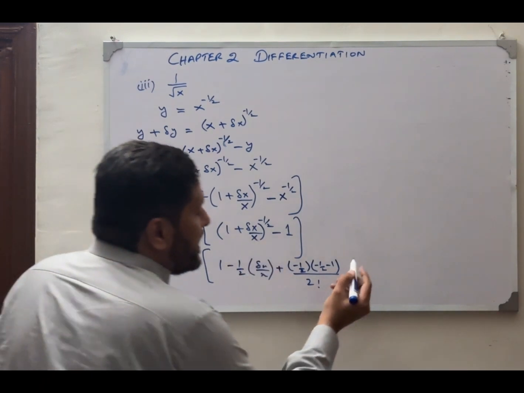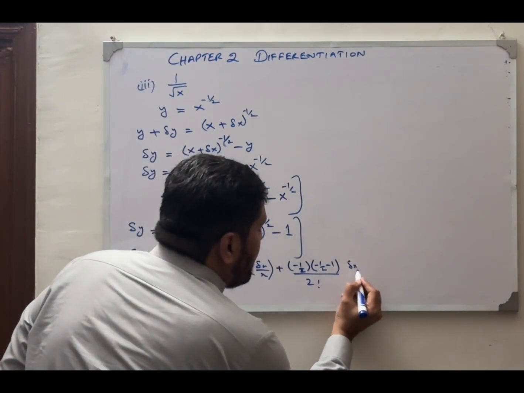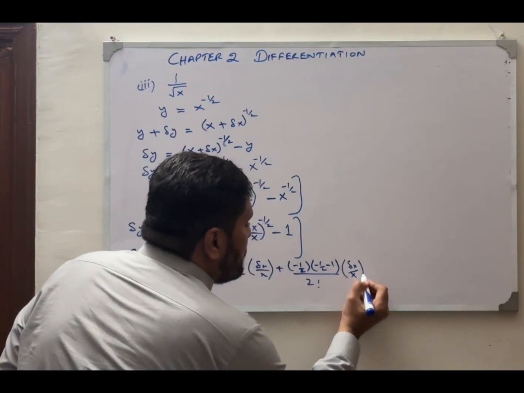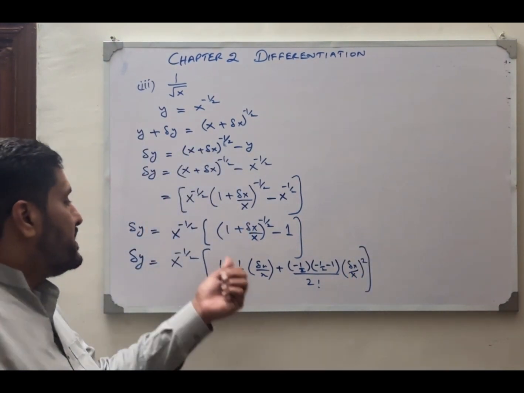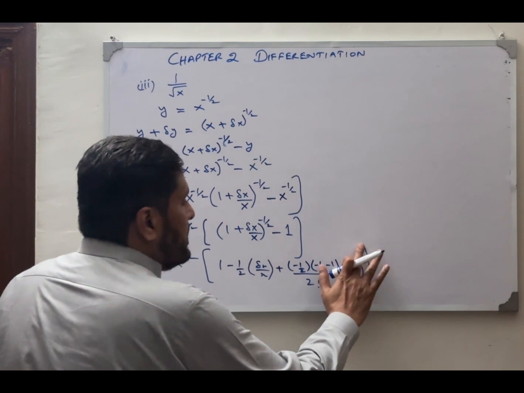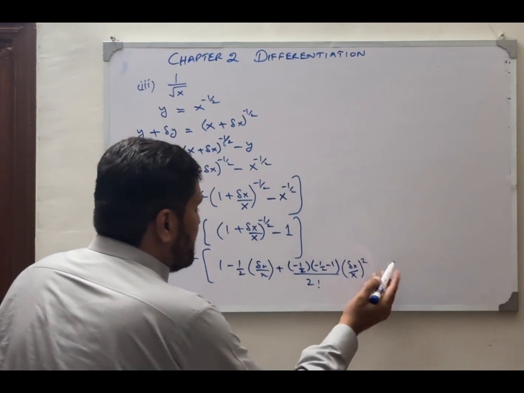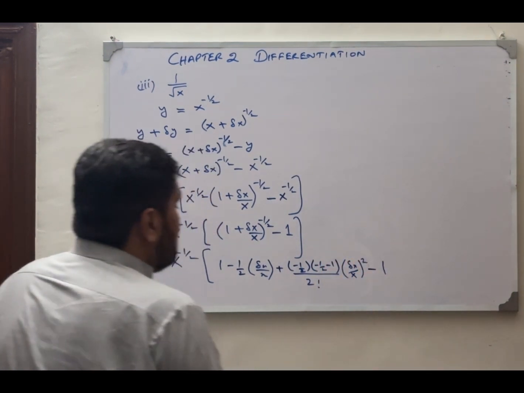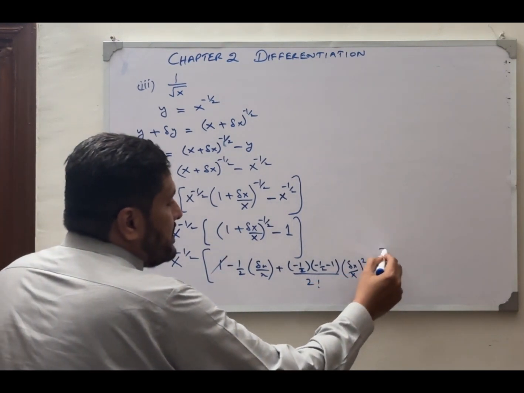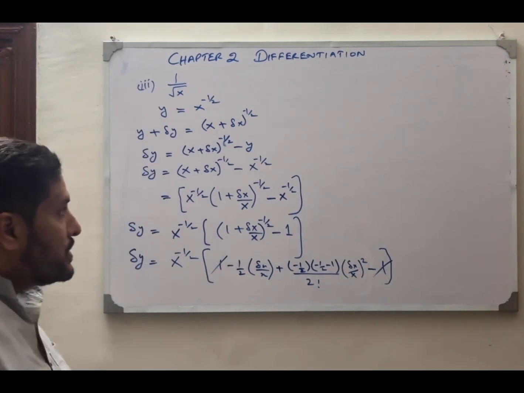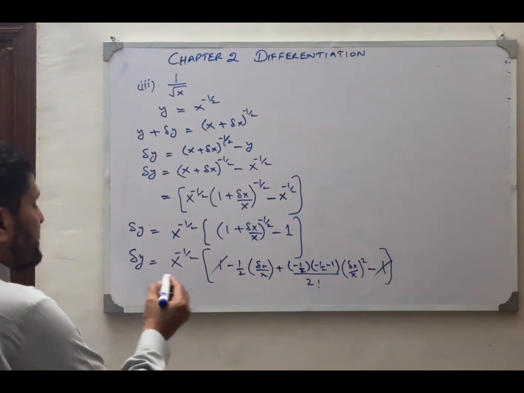Our x is delta x over x, so delta x by x whole square. So this is the expansion of this term. So we write minus 1 here as well. So this plus 1 and minus 1 cancel with each other, and our remaining term will become